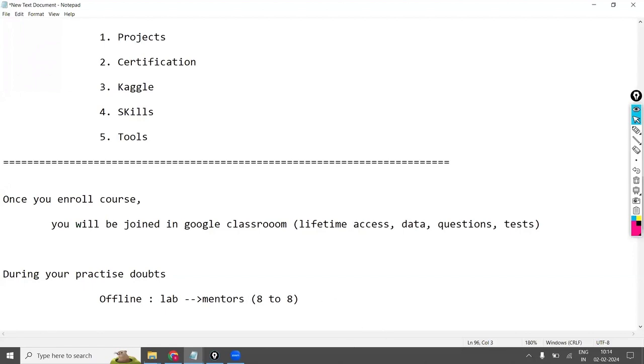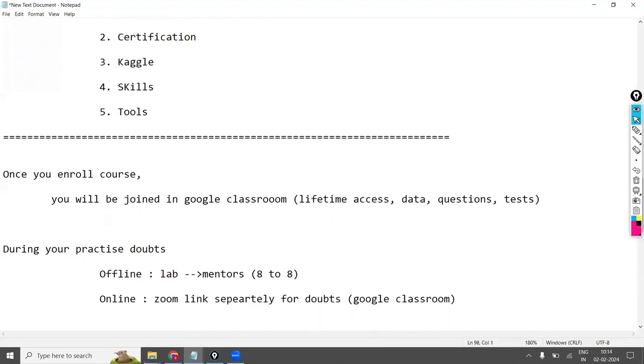And coming to the online students, you will receive one Zoom link separately for doubts. Where? In the Google Classroom, we'll share this. So after registering for the course only, you'll get this one. Not before registering for the course. Once you enroll in the course, once you join the course,